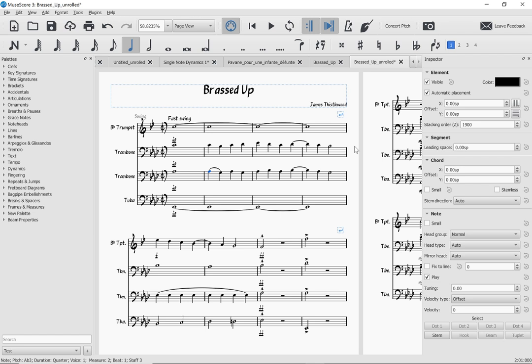But I will say I recognize that perception, that some of the bugs that were there did mean that for some people updating to MuseScore 3, there were enough things that didn't work that did work before that it felt like, well, we can't really be using this the way we want to be. So what we've done is gradually been fixing bugs all along, from 3.0 to 3.0.1, 2, 3, 4, 5. Hundreds of bugs have been fixed. Some of them were new bugs in 3.0. Some of them actually were bugs that had been there before. But what I would say is that even as of 3.0.5, which is the current release,